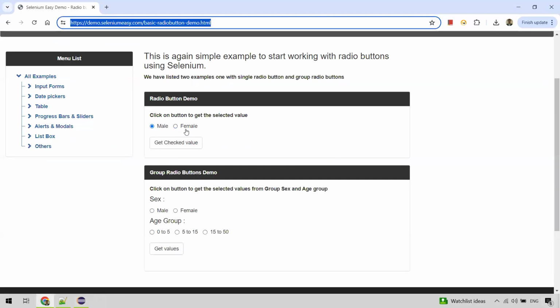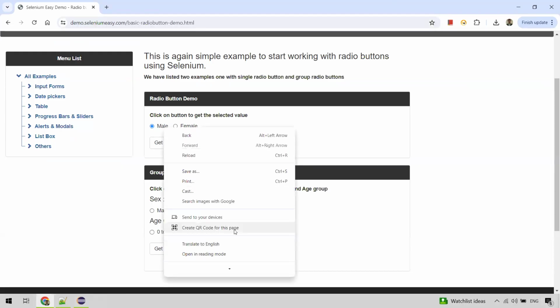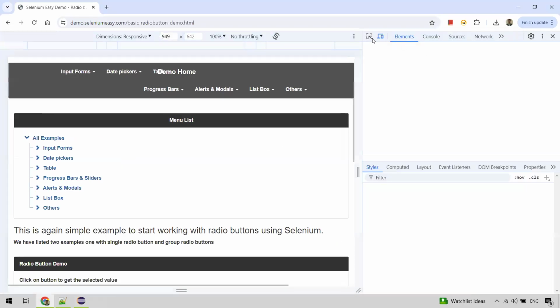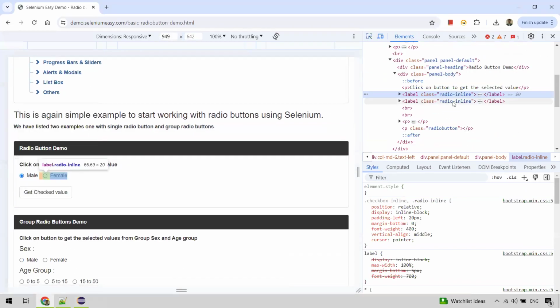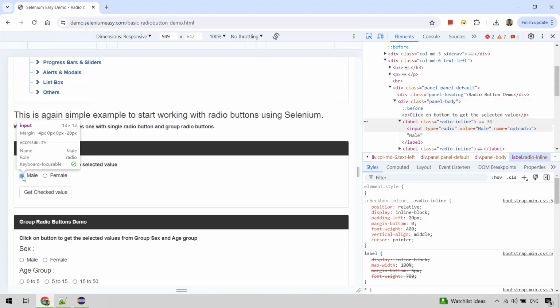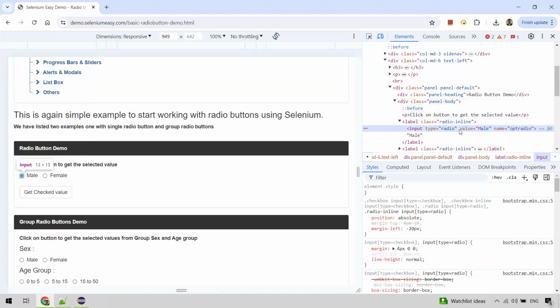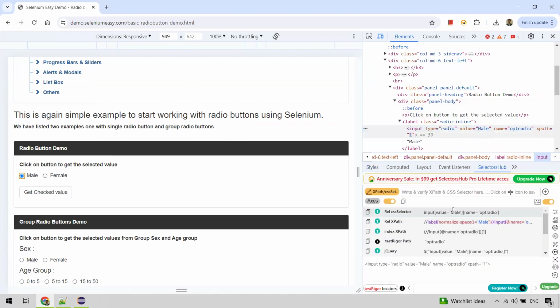Now we wanted to automate these radio buttons, right? So right click on it, inspect it. So you can see here, you just need to hover on this exact radio button, right? So you can see it's an input type equal to radio, value equal to male, right? So go ahead with the selector, and you can see here, input name equal to, or you can take this